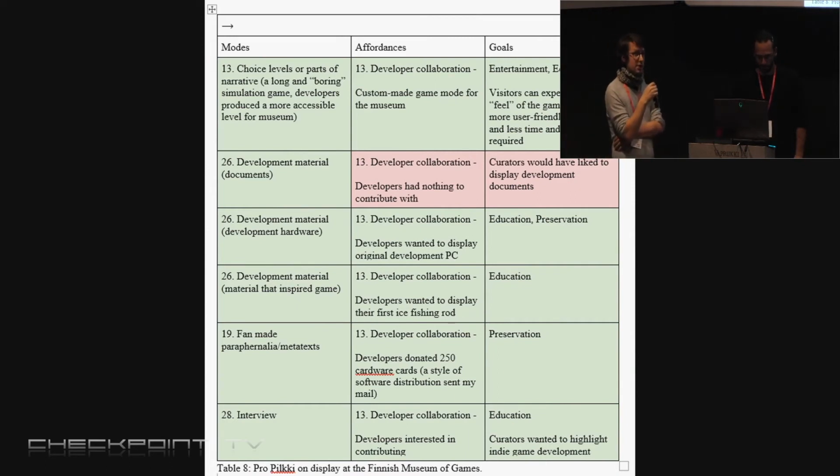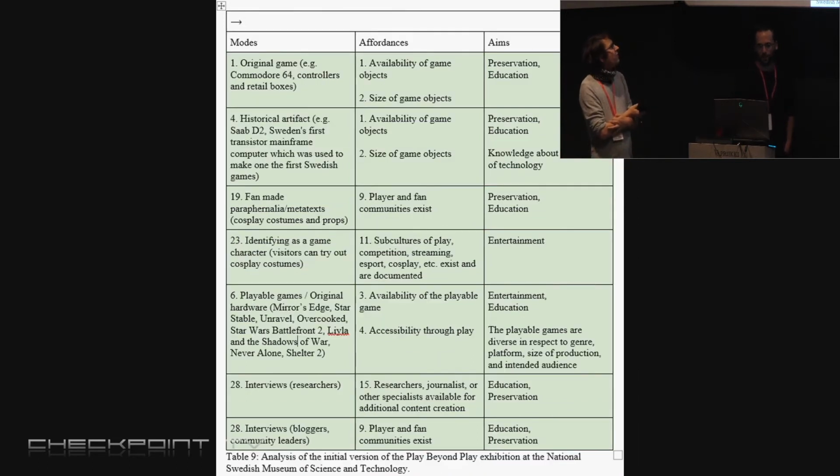So here you can see how this ideation tool can be used for planning something like this, but also for critiquing an existing exhibition, pointing out its strengths and weaknesses, or maybe what is missing from a display, or what could be done. Exactly, and in a very similar way, and I'm going to go over that a little bit faster, is